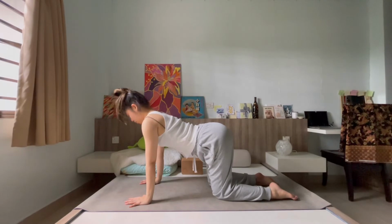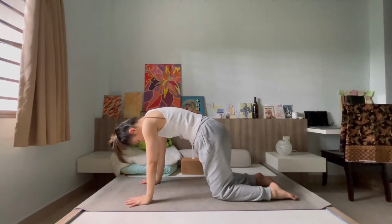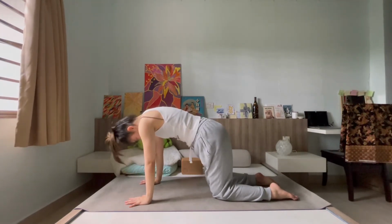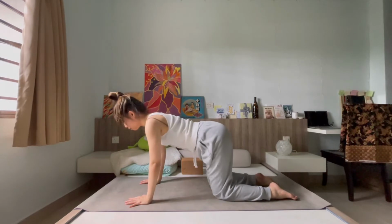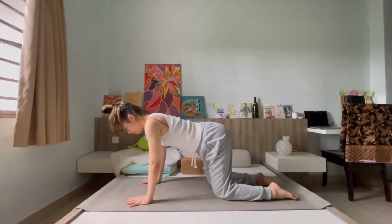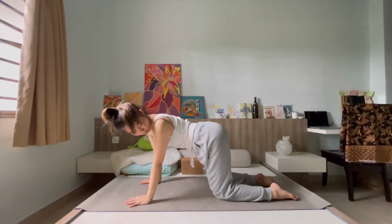Arching through the back. Allow yourself the space to explore and take it slow today, relaxing through your body, vertebra by vertebra. One final round. As you exhale, come to a neutral spine, and this time maybe sway your hips side to side